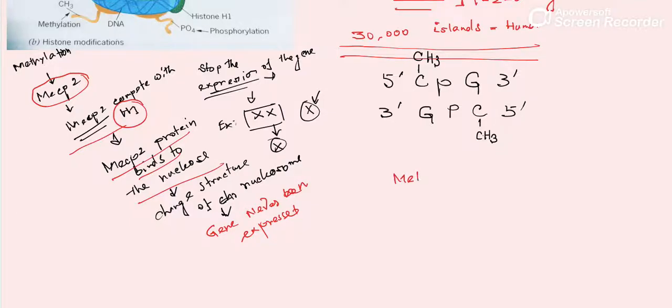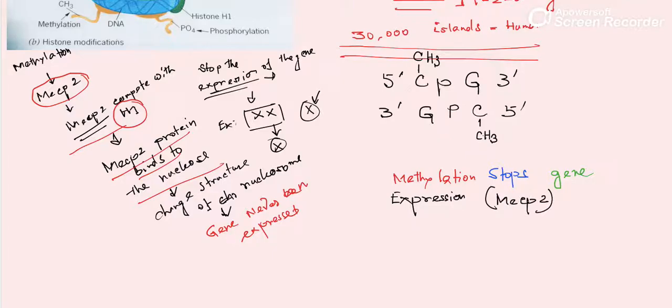So methylation, in other words, stops gene expression. We can easily say that methylation stops gene expression, and mainly the protein that helps in it